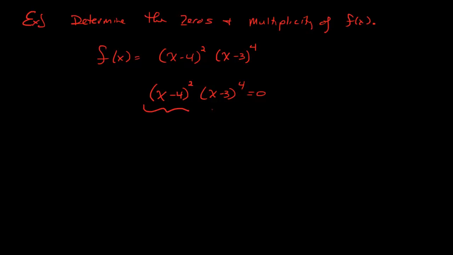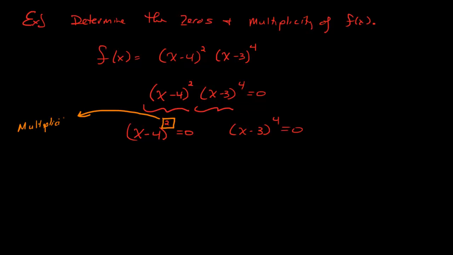So now we have two terms being multiplied, and we can split them up and set them both equal to 0. But here's the key. Notice here, this has an exponent of 2. This exponent is going to be indicative of the multiplicity. Notice this exponent has a value of 4. This will be indicative of the multiplicity of the 0 that arrives from solving x minus 3 to the 4th